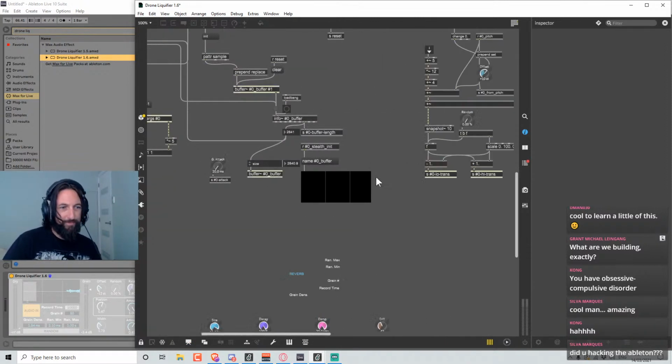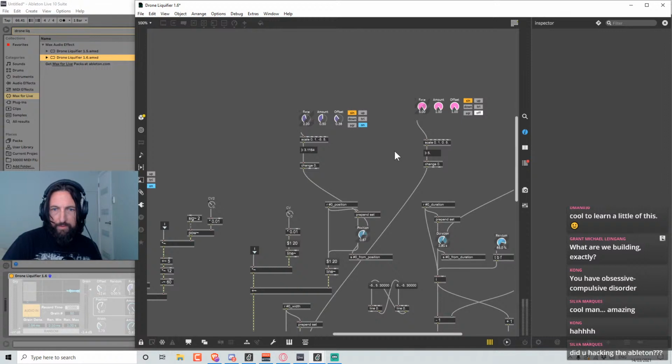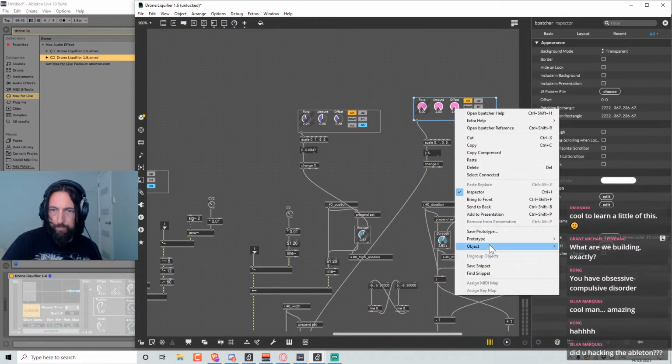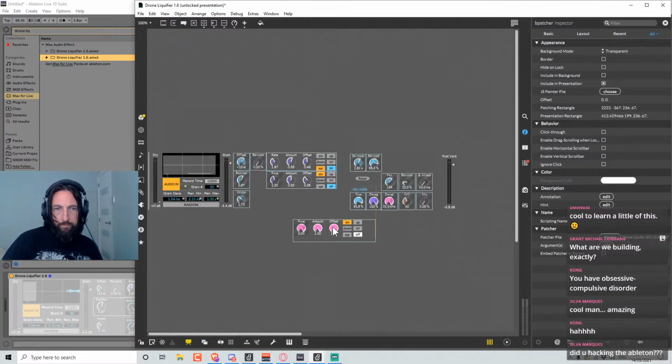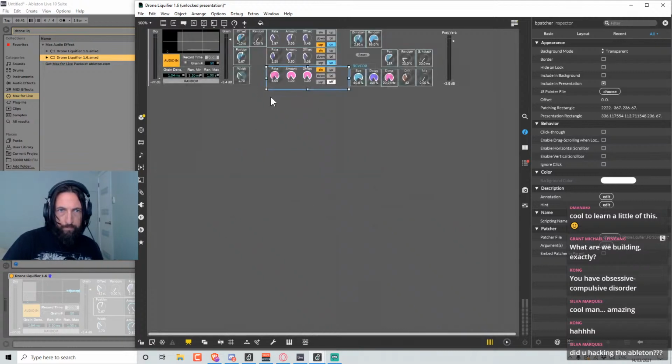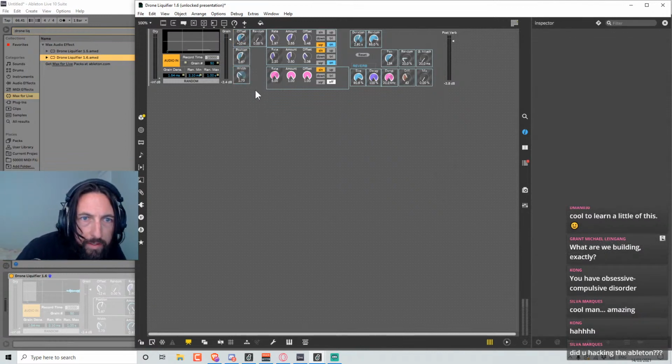Looking good. Looking good. Okay. Next one is duration. These are not aligned correctly. That is okay, that's good, so we're going to stick with that.